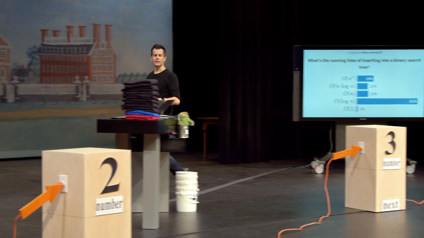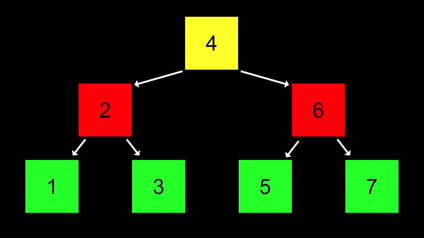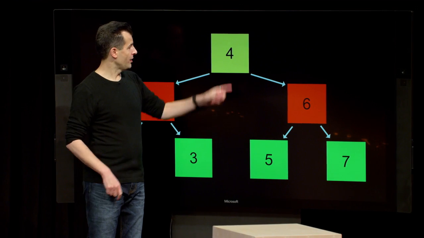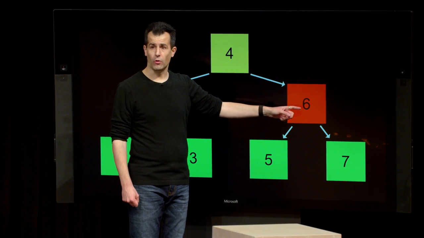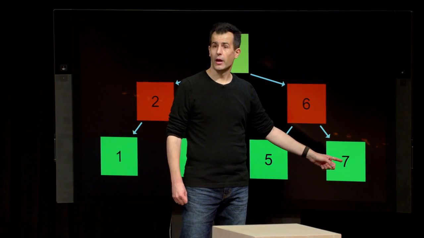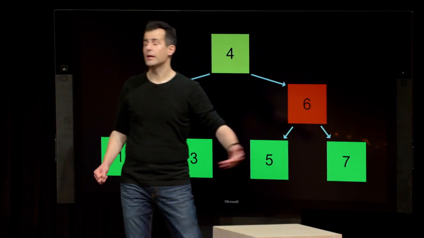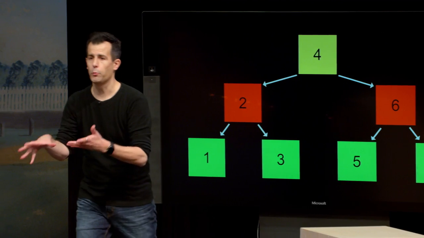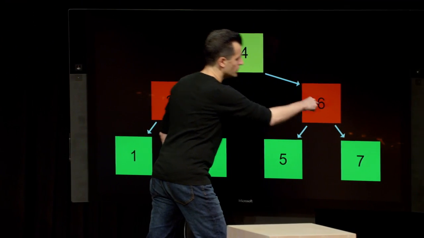So why is that? If we consider the tree from a moment ago, it looked a little something like this. And what is involved in inserting into a tree? Well, suppose I want to insert the number 8. I start here, and it obviously belongs to the right because 8 is bigger. I go here, it belongs to the right because 8 is bigger. I go here, it belongs to the right because 8 is bigger. And so a new node is going to be created somewhere down here. And even though it doesn't fit on the screen, I could absolutely call malloc. I could update a couple of pointers, and boom, we've added an 8th node to the tree. So if it took me that many steps, starting at the root, 1, 2, 3,